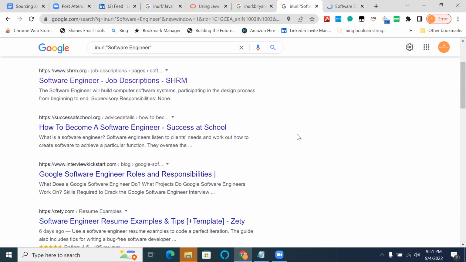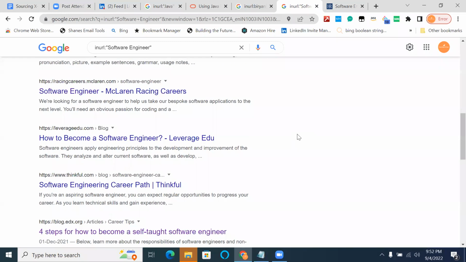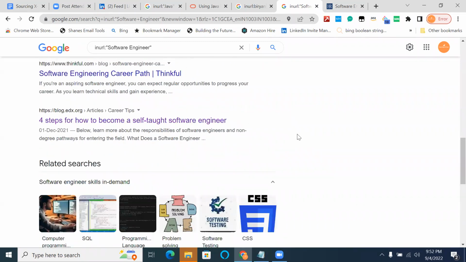Because the term software engineer itself is used together 99.99% of the time. I'll tell you in our next session how these URLs get constructed. Then you can backtrack to today's session and understand why we get software-engineer in the majority of results, and why we are not getting software/engineer. Then you can correlate it.